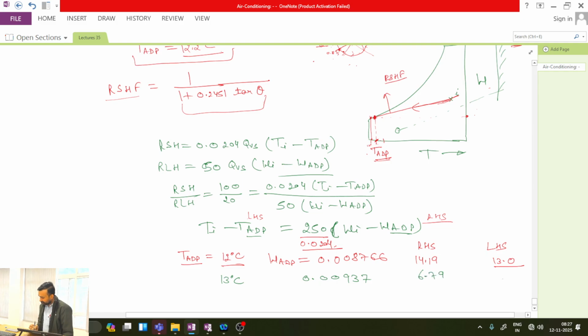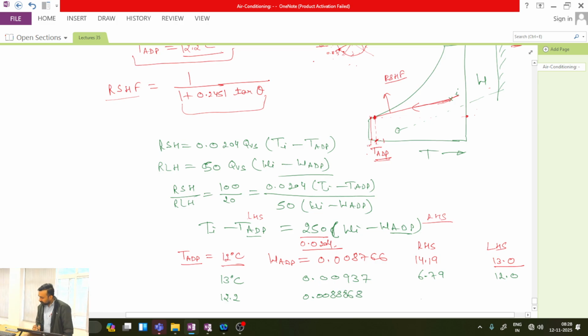6.79 and 12.0. Big difference. It means my answer should be close to 12. Next value I assumed 12 point. You can take any value, 12.5, 13, or let me take 12.2 degrees Celsius. 12.2 gives you